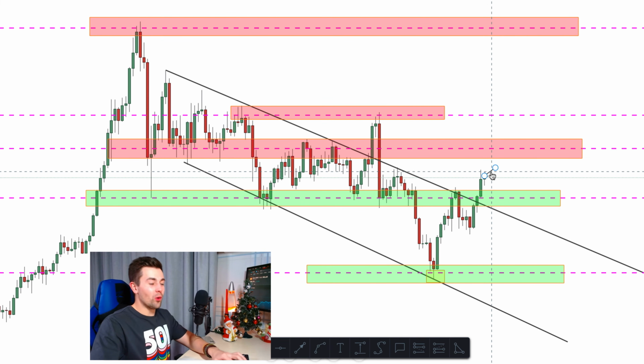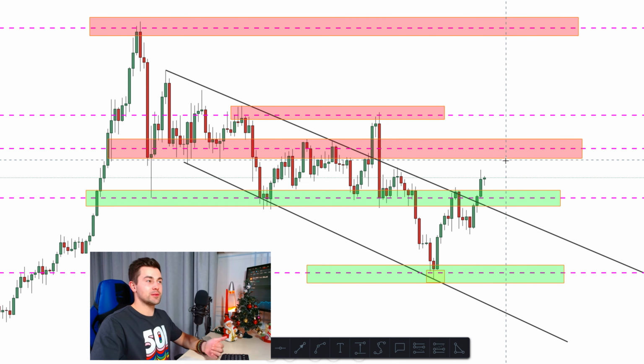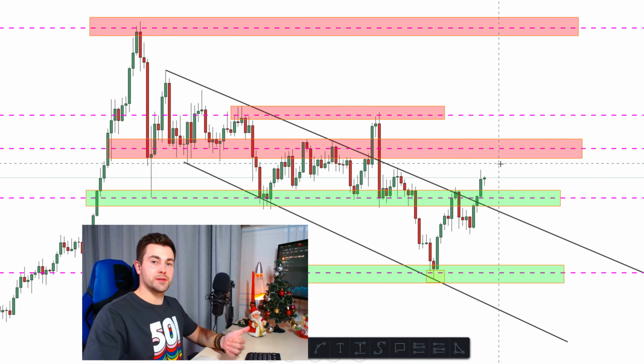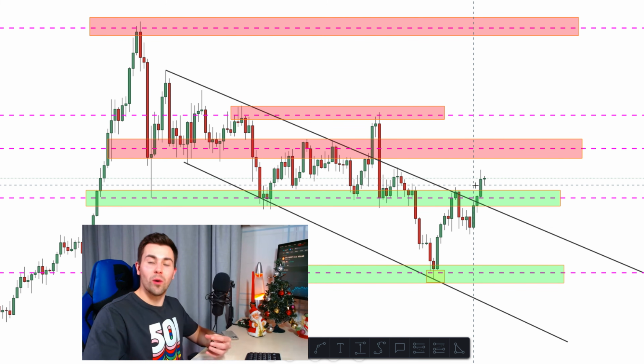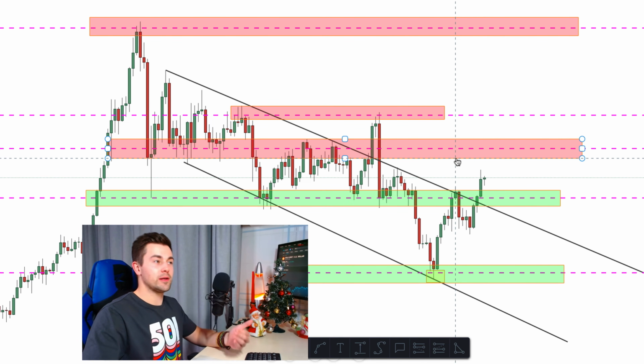So now, how do we apply these key levels, and how will they help us to trade gold? You must remember that key levels are just a magnet for market participants. Once the market reaches a very strong support, we expect a bullish reaction from it. And once the market reaches a very strong resistance, we expect a pullback, a bearish reaction from it. And once the price is trading between them, we are just waiting until the price reaches either a key resistance